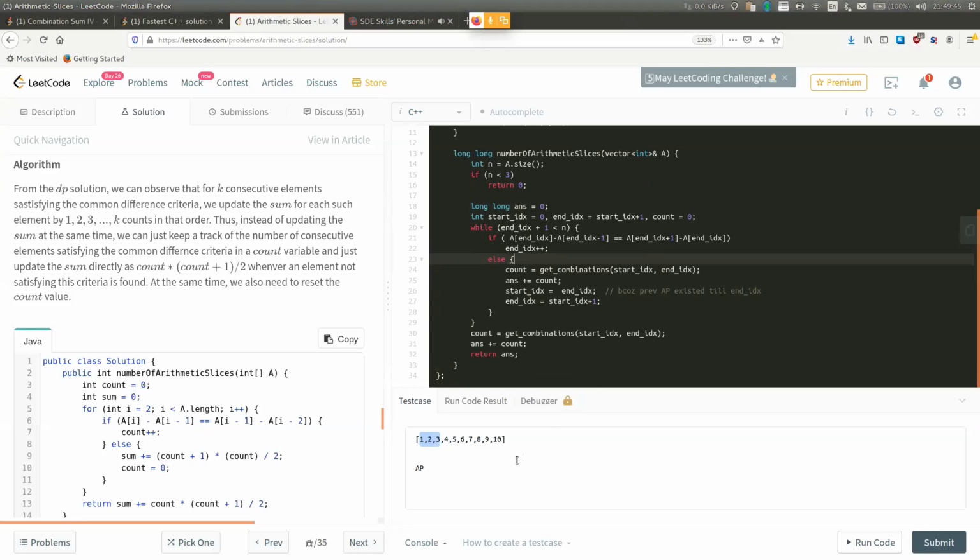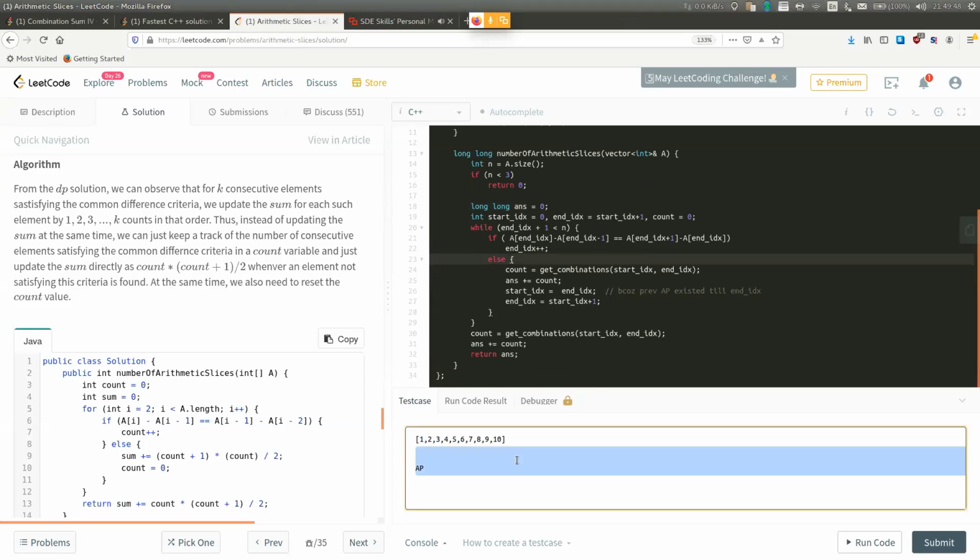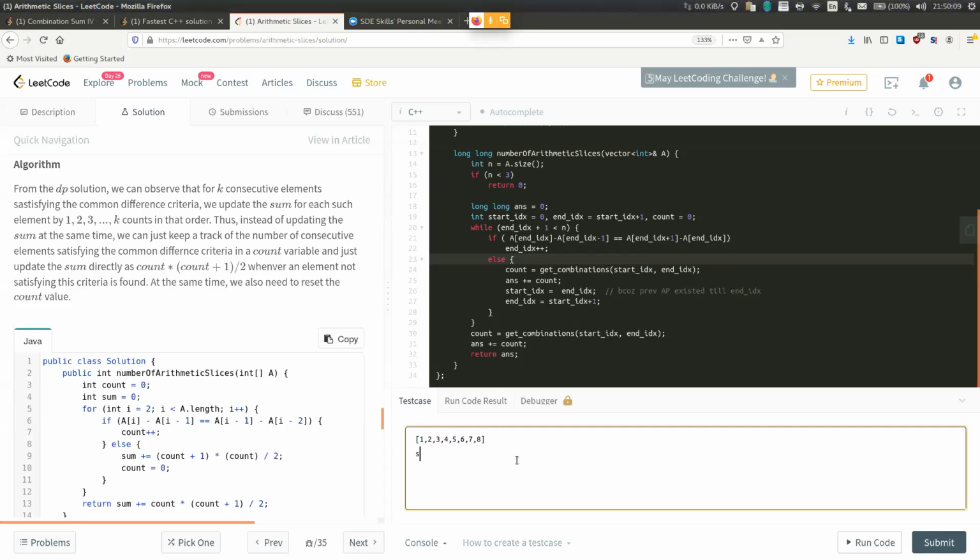Is this the brute force? No, this is not the brute force, because we would be going through each one repetitively. What I did was simply find an AP. I found the length of the AP starting at this point and ending wherever the AP ends. So if the AP starts at 1 and ends at 8, my length n equals 8, right? I'm only concerned with the length. Once I found the length of the AP, I simply use the formula.